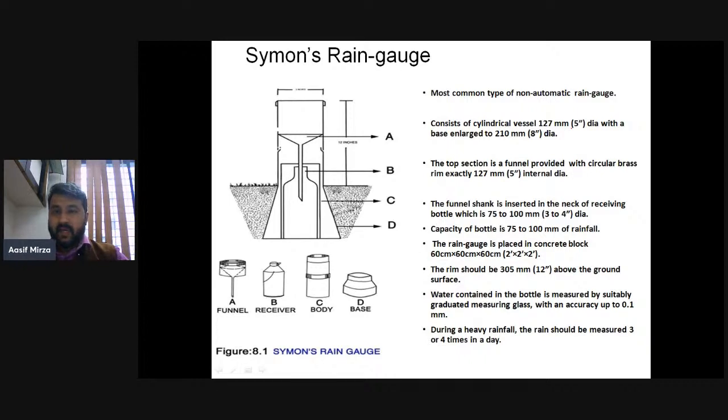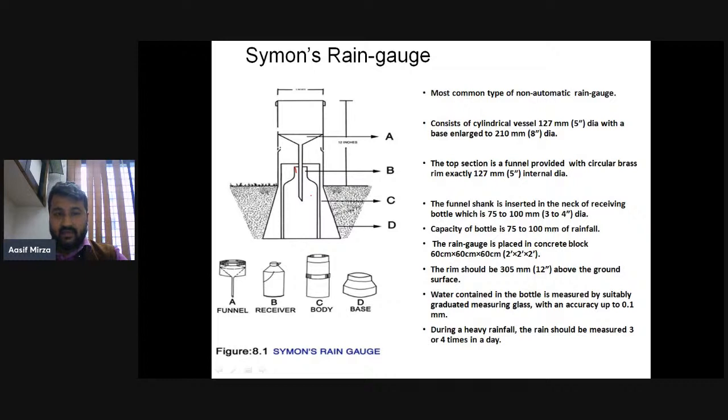You can see here this is the cylindrical vessel, having a 5 inch diameter, with the base enlarged to 8 inches in diameter. Now, the top section is a funnel provided with a circular brass rim, exactly 127 mm, that is 5 inches,